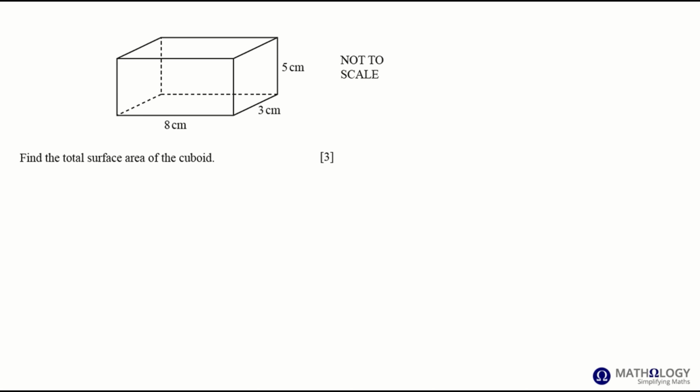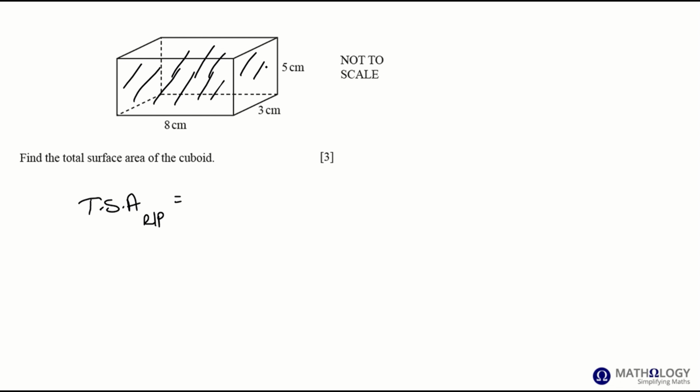Given a rectangular prism, we're required to find the total surface area of the rectangular prism, also known as a cuboid. So the total surface area of a rectangular prism or cuboid is given by the sum of the areas of all the lateral faces. So if we just look at this rectangular prism, we've got a front face and a